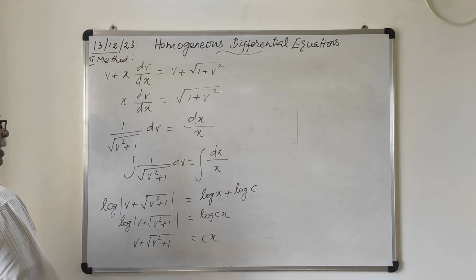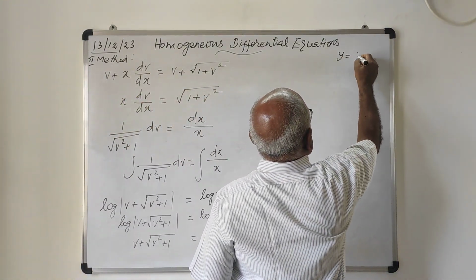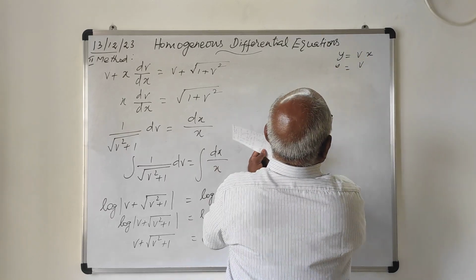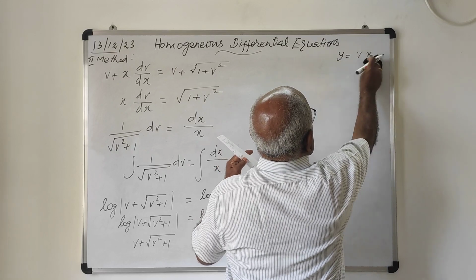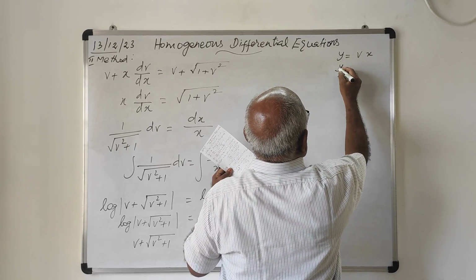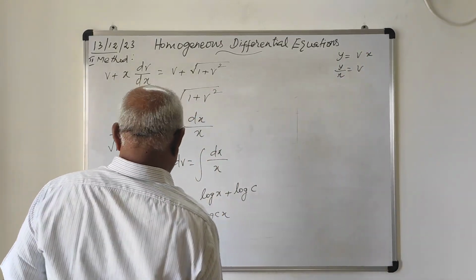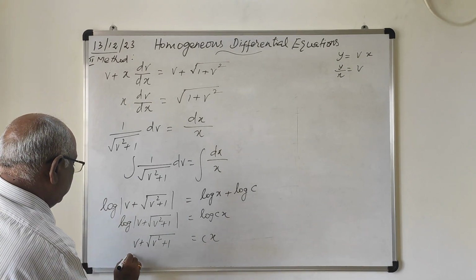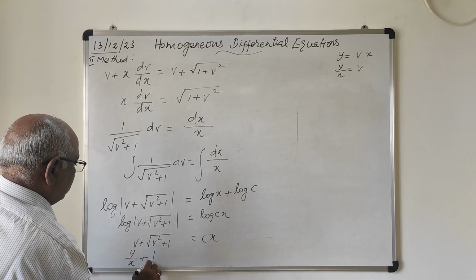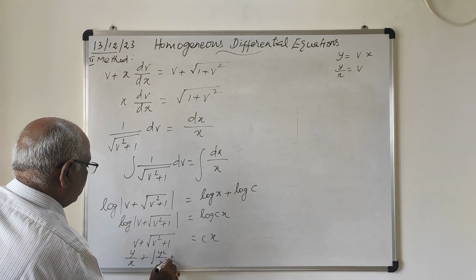Now you replace v. Given the substitution y equal to vx, from this you will get v equal to y by x. Finally, you replace v by y by x in the solution. You will get y by x plus root of y square by x square plus 1